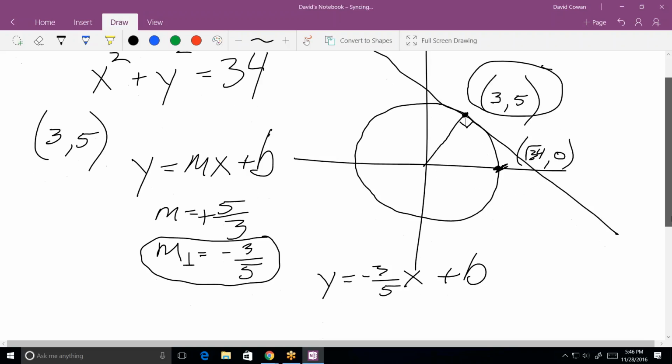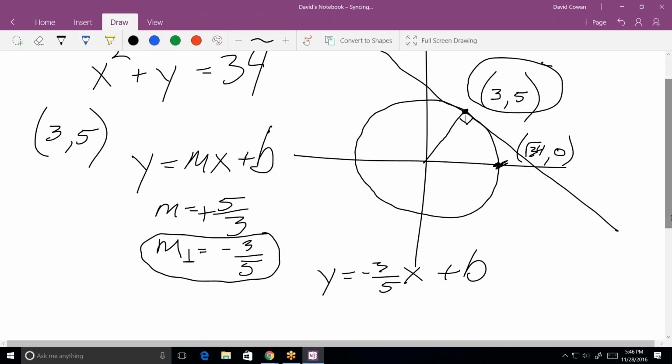Okay. So negative 3/5. Now, let's stop for just a second. Are you familiar with point slope format? Is that the one where it's like y minus y1 equals? And the reason I ask is because clearly this is a precursor to calculus. What you're talking about here can all be solved easier with calculus, but notice that if I have y